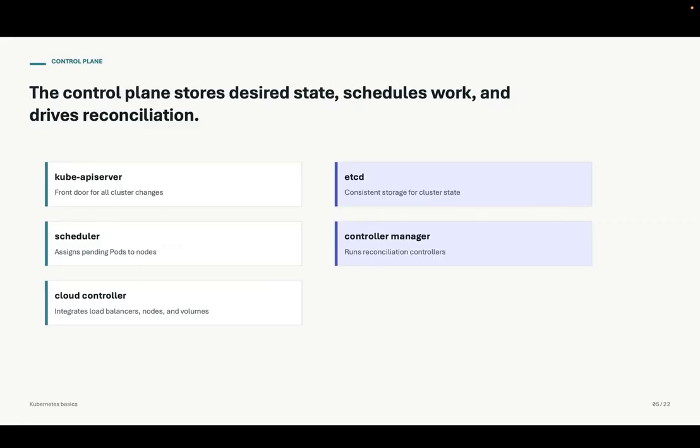The controller manager has the reconciliation strategy, where, for example, there's a deployment controller, replica set controller, and job controllers, all of which work by watching the objects and taking necessary action. In cloud environments, especially, there's a cloud controller which integrates Kubernetes with the cloud provider. This is how Kubernetes can request the cloud load balancers and also work with the provider-specific infrastructure